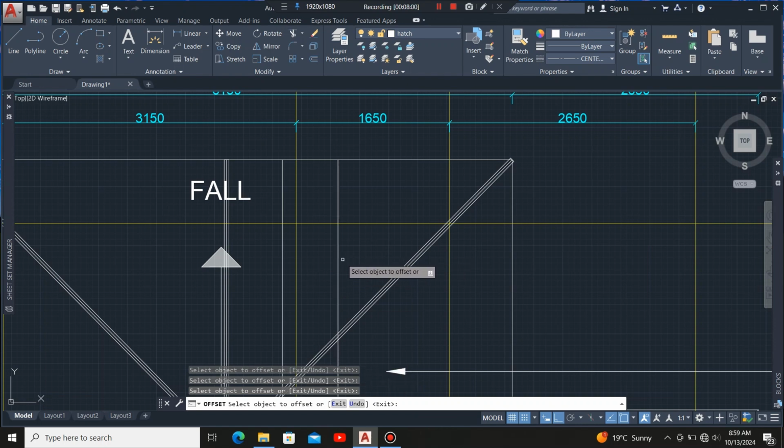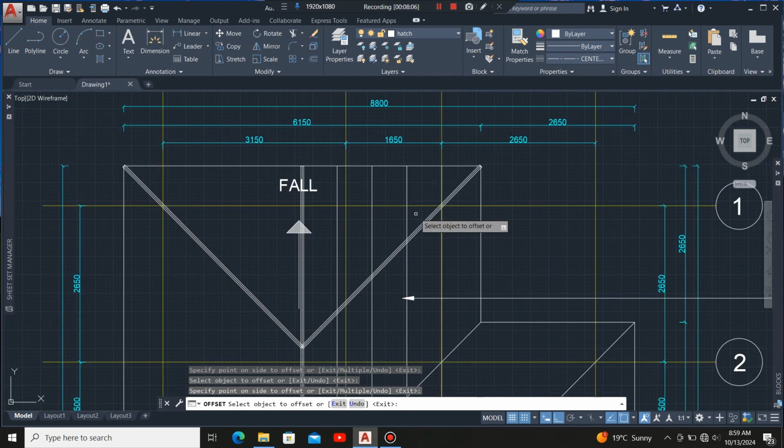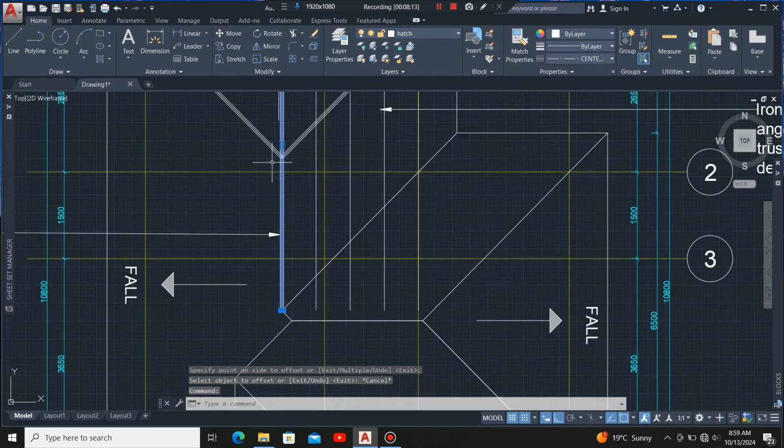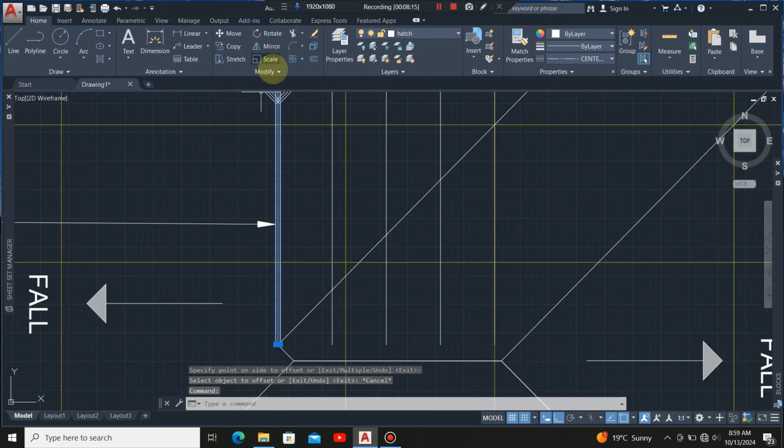Then I'll do multiple offsets. Okay, so after that I'll highlight this ridge board,